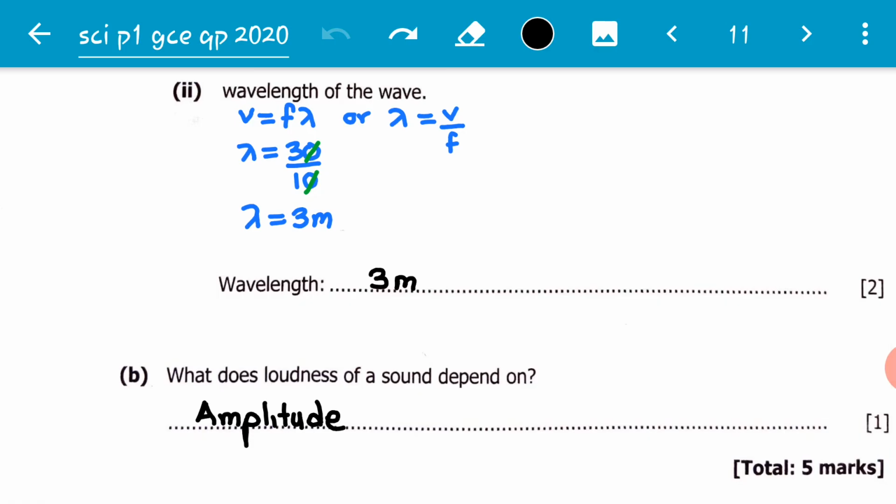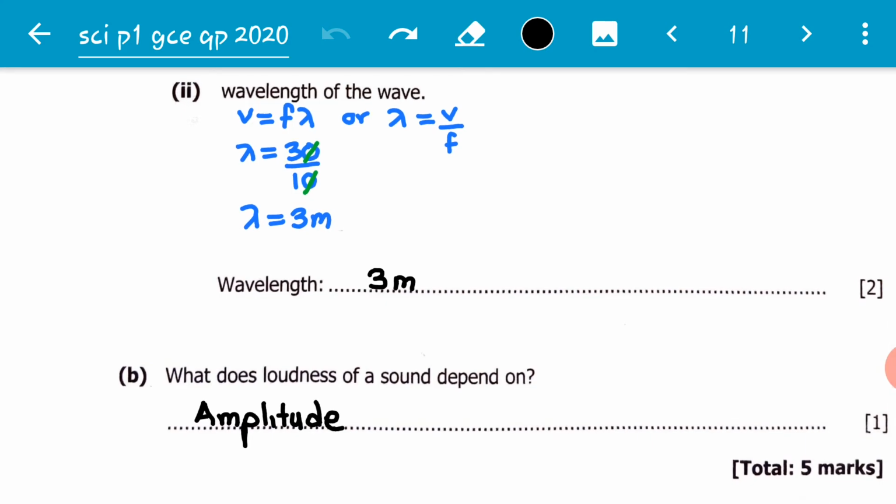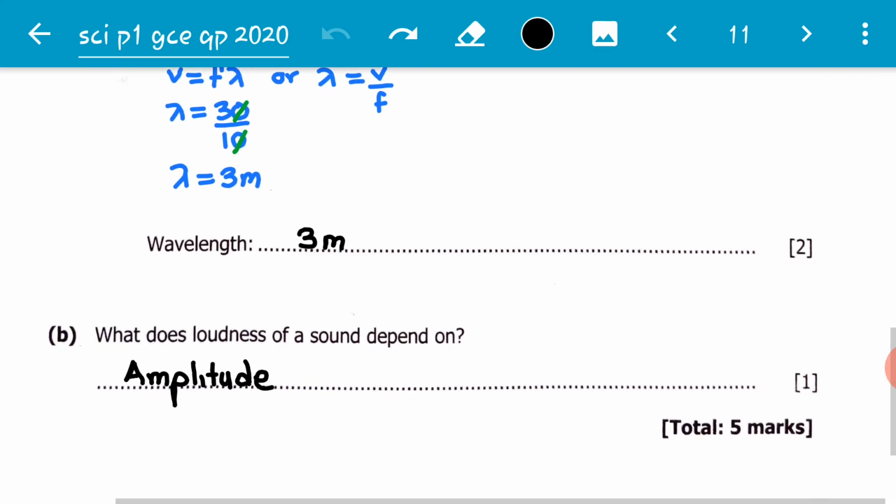Mistakes such as not writing the correct units should not be made in an exam. So always make sure that whenever you are answering questions, the formula is there, the substitution is there, and the answer has the correct units. Otherwise,